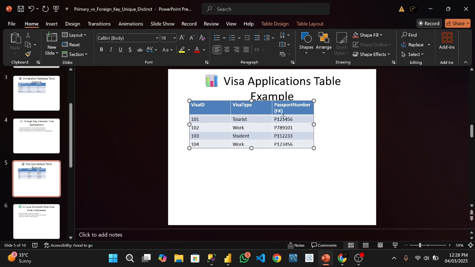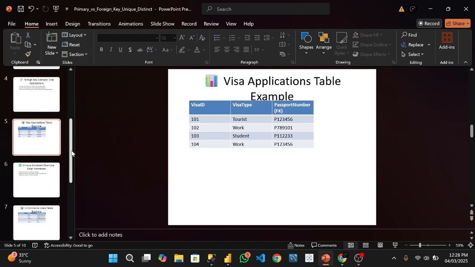Now, the visa application table, you can see it here, 101, 104. But the same person applying for this, which is making it what? A foreign key. There's a repetition of what? Number, right? Now, let's go straight to